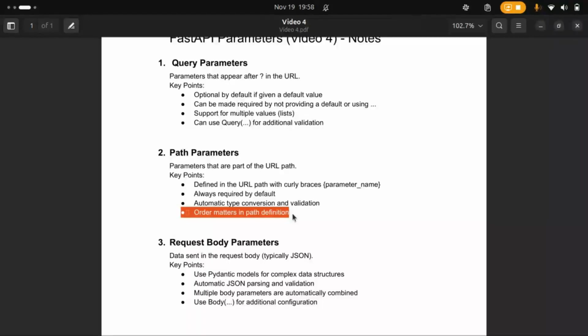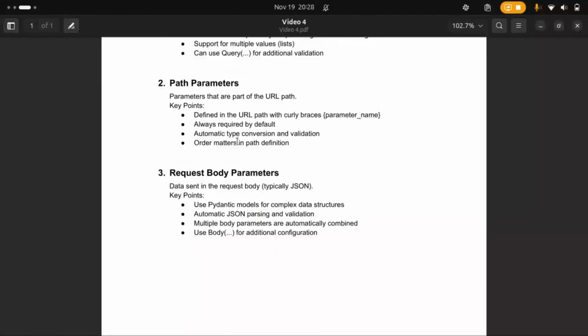So, when should we use each type? We should use path parameters when the value identifies a specific resource, like a user ID, product ID, or order number. And we use query parameters for optional filters, sorting, pagination, or any additional data that does not identify the resource itself. Now that we understand query and path parameters, let's talk about the third and most important type,